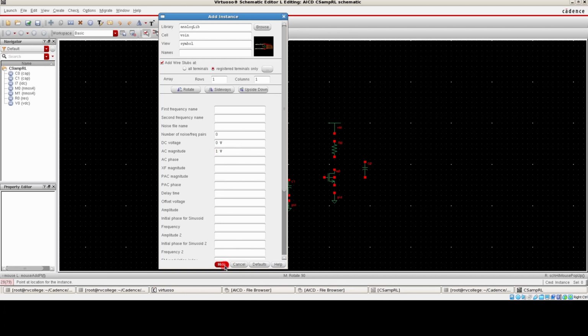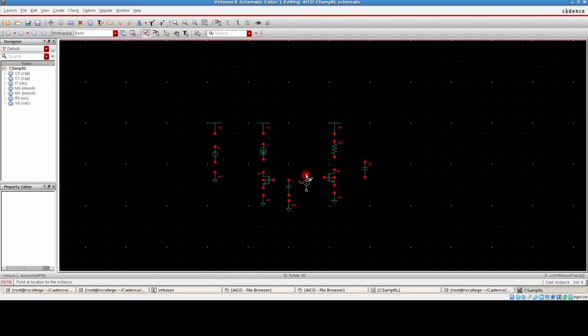Okay, yeah. So with that explanation, let me try to take this. Maybe I have to rotate this. So I'm using this R key to rotate and try to ensure that it is connected towards the gate. Now let me complete this wiring part with the W key being pressed.